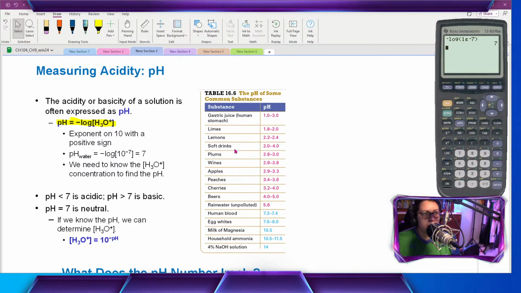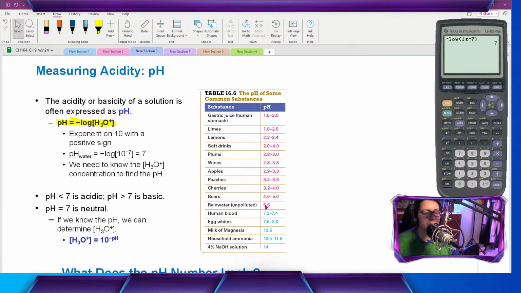And then we have soft drinks. Again, very acidic, both from the carbonic acid and a little bit of phosphoric acid in there. Other fruits are pretty acidic. So plums, wines, again, same issue with the teeth. And then as we go into apples, peaches, cherries, those are now higher pH, so not as acidic. Then beer is 4 to 5. And then notice